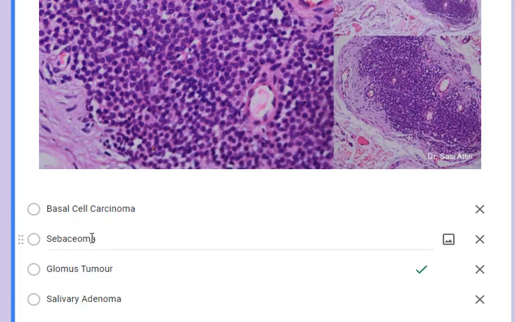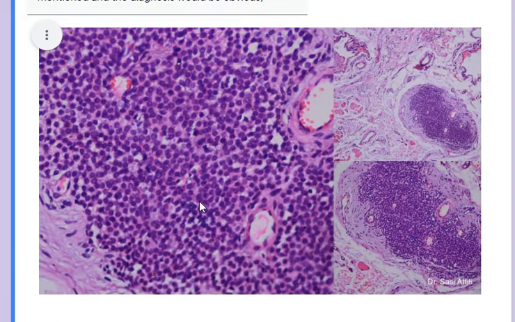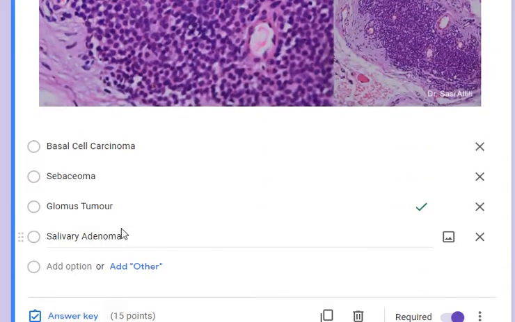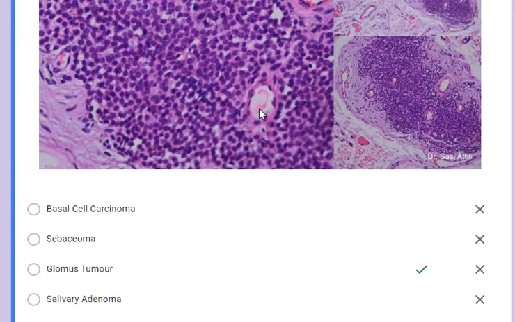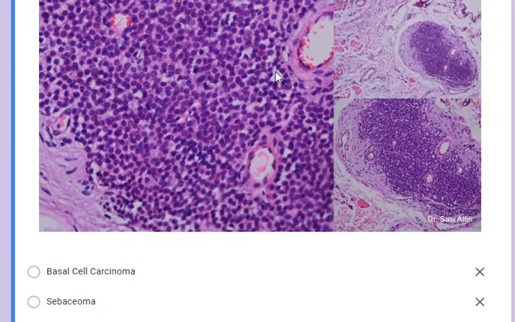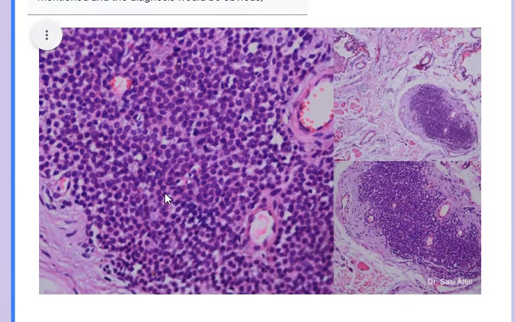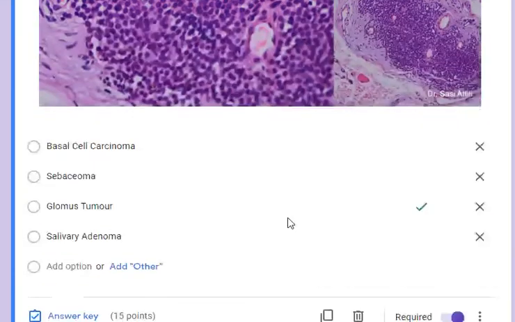It is not a basal cell carcinoma. It's not a sebaceoma. Sebaceoma is also a blue cell tumor, and so is a Merkel cell carcinoma. Salivary adenoma, again, these are not glands. These are all blood vessels. You can make out the RBC inside, and they won't have a muscle layer surrounding them if there are salivary glands. Basal cell carcinoma usually has peripheral palisading, quite easy to make out, and it's not this deep in the dermis. This is way below the vascular channels. This is near the muscle almost, where you can spot these blue tumors.